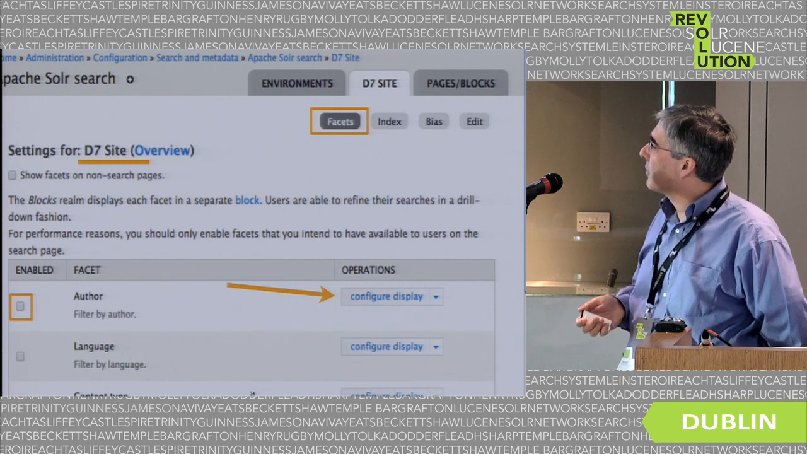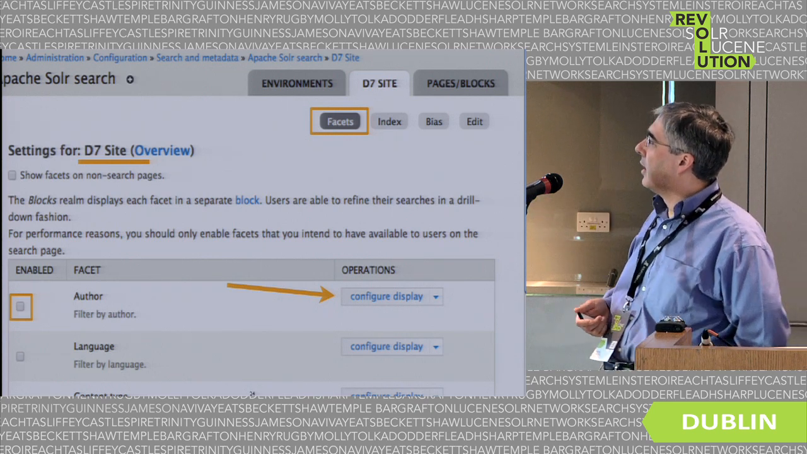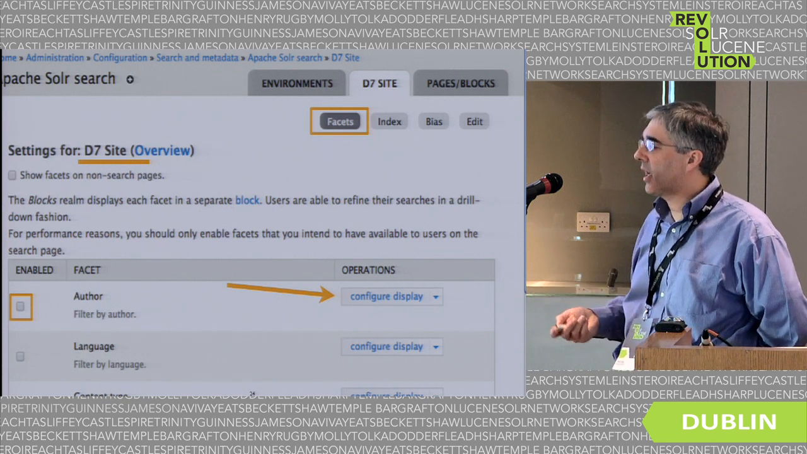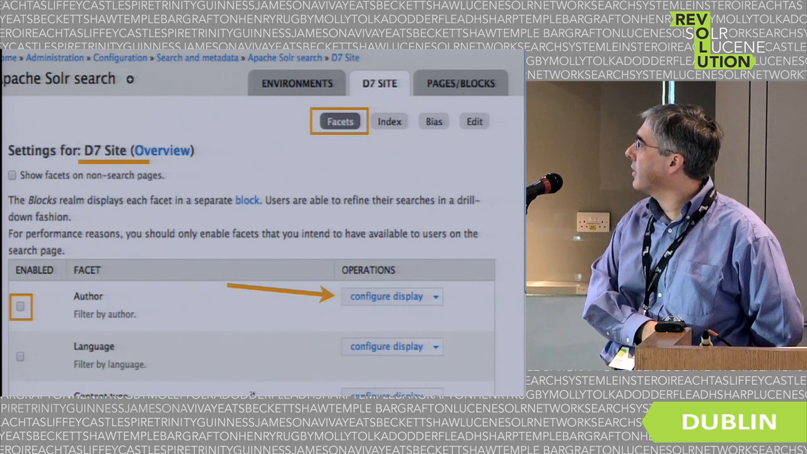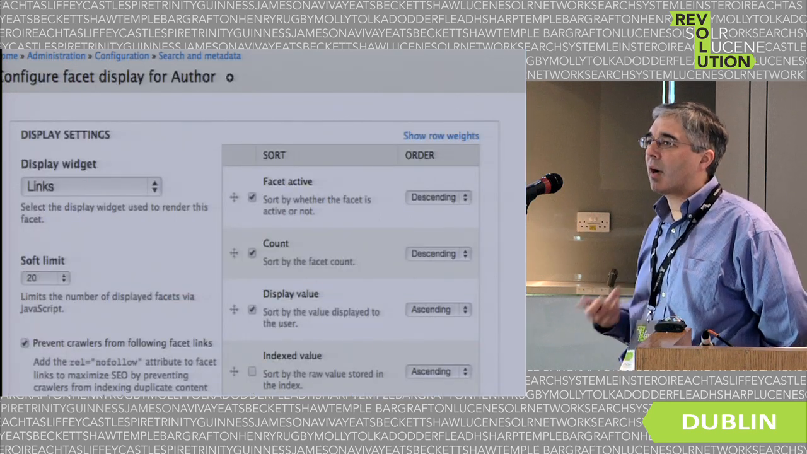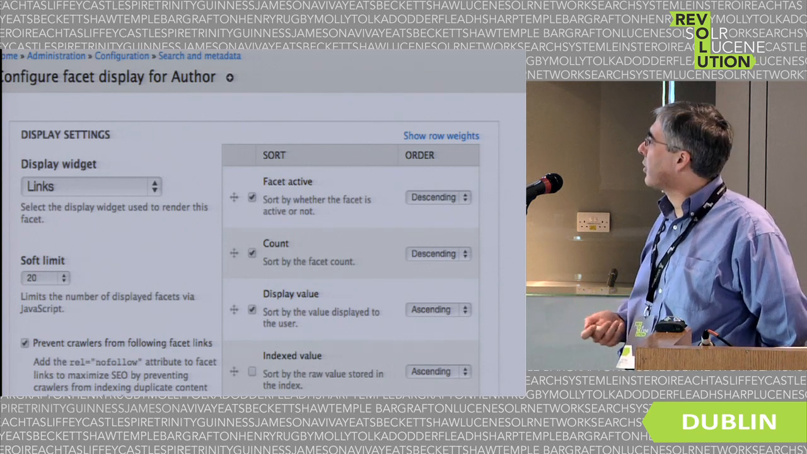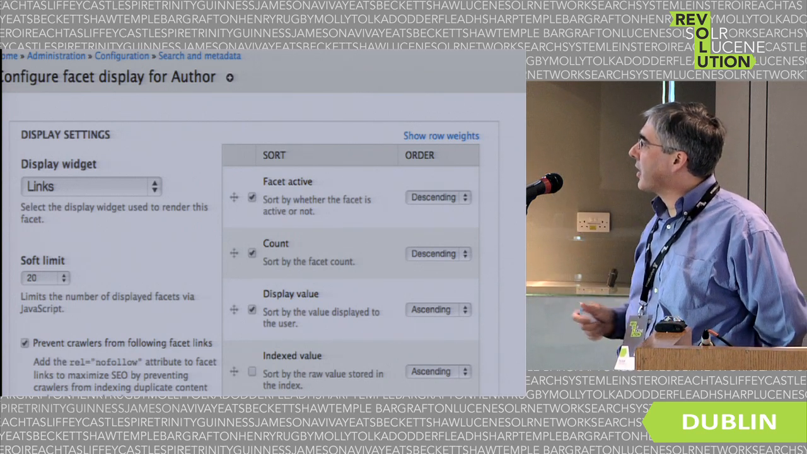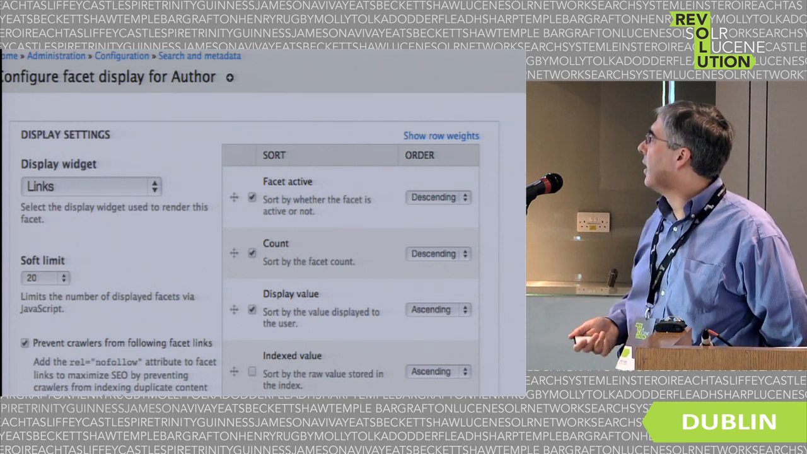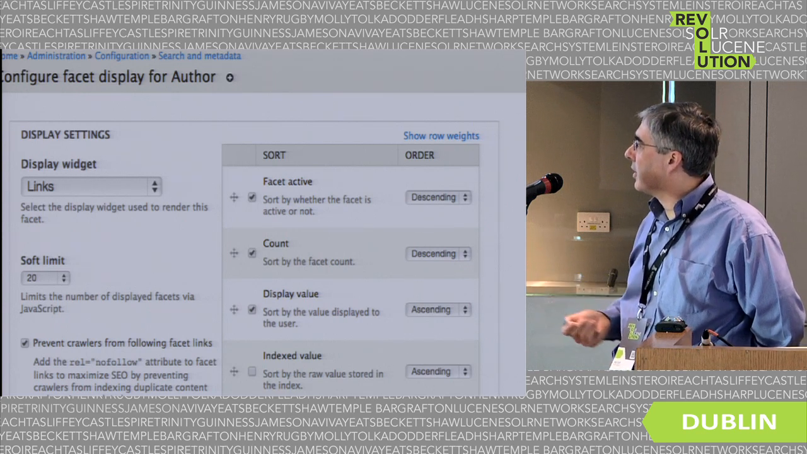If I go and look at the facets, I have things like the author facet. All I have to do is click that on and save it at the bottom of the page, or I can go in and configure it. And the Facet API module provides a huge number of options for facets. So if you've had to build facets, maybe this would be a bit of a revelation to you, that you can basically have all these options for you. How many to display, what style to display them in, what order to sort them in, all available here